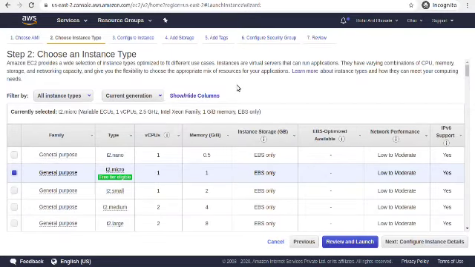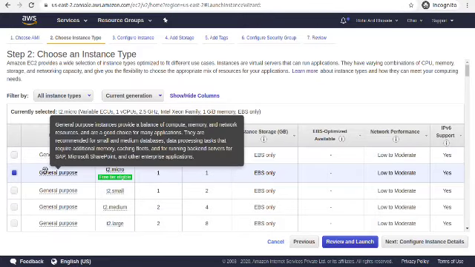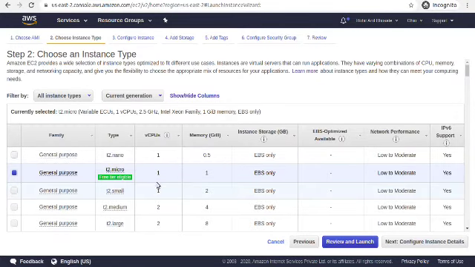After that you have to choose the instance type. As you can see here, it is free tier eligible, so that means you will not be charged for this particular instance. We have currently selected this T2 micro instance, through which we get one virtual CPU, 1 GB memory and EBS.